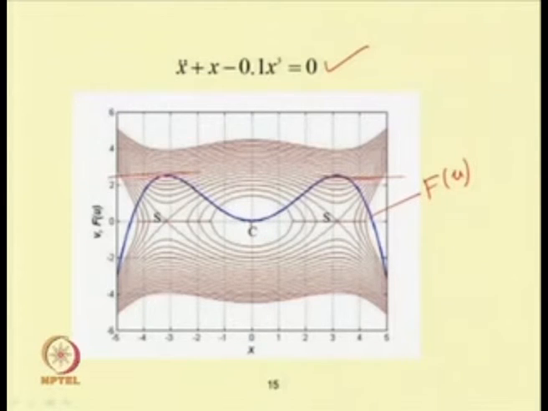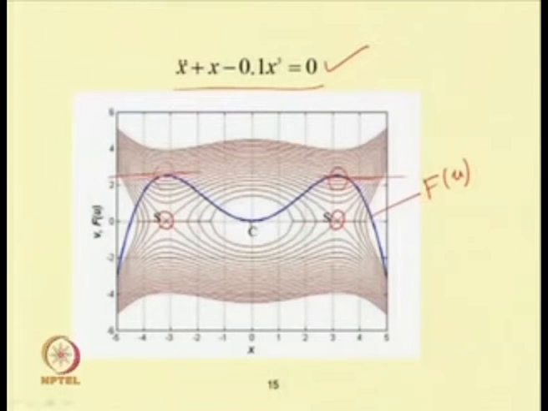So, in these conservative systems, corresponding to this maximum potential energy, one can obtain a point which is known as the saddle point. So, this is the saddle point. That means these points are practically not achievable, that means the systems will be unstable. So, in this case we have 3 equilibrium points.